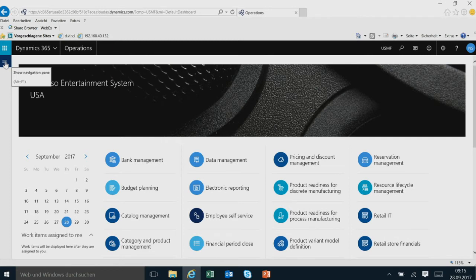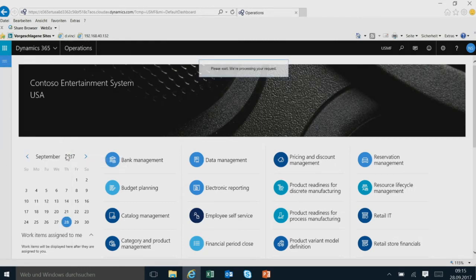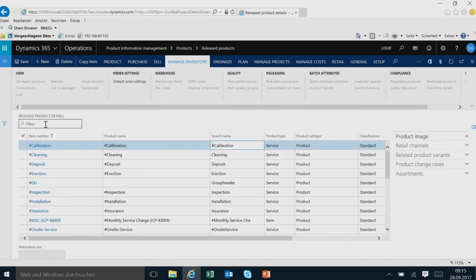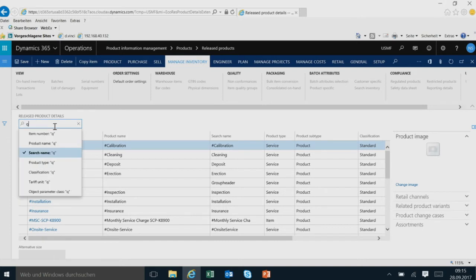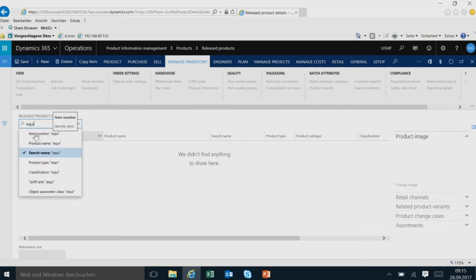Let's, just to explain the structure first, go to released products and search for one of my example items. And if I write it correctly, then I will find it.